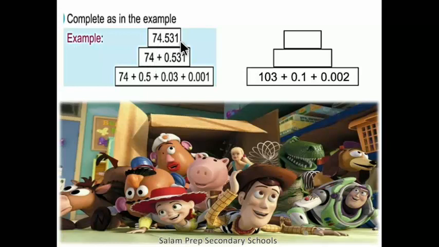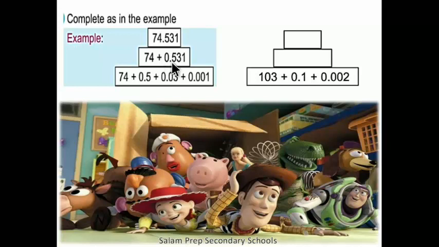We will write 0.531 thousandths. We will write 0 because we separate the whole number, okay? The whole number is 74, plus we will write the decimal part, so we will write